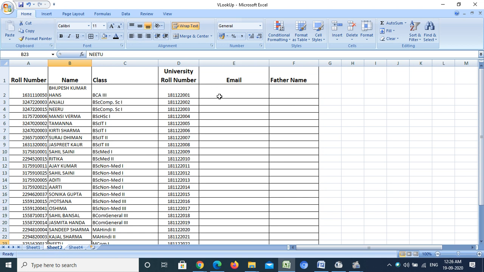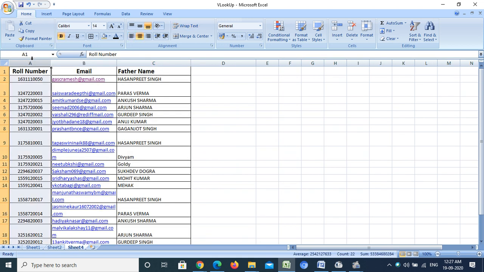Now see how it will work. First of all, I want to fetch the email ID of these students, but I want to match the roll number of this list with the roll number of this list.